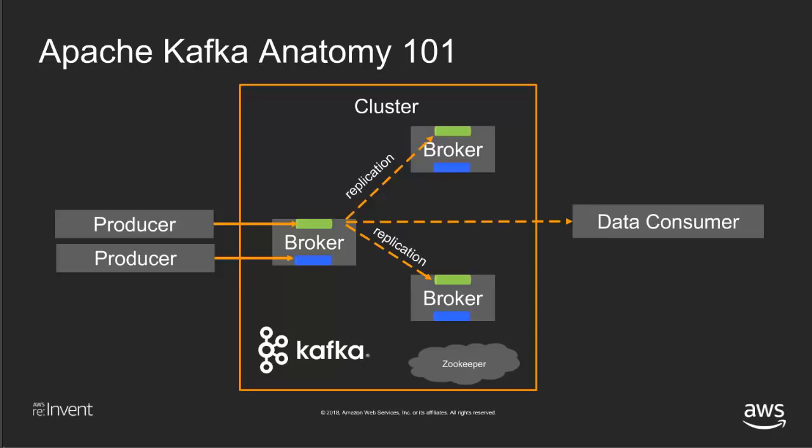Kafka can automatically replicate data between partitions for you. So if you set up your Kafka topic to replicate data between brokers, Kafka will automatically do that by taking data from your partitions and replicating them to other partitions. Apache Kafka uses Apache Zookeeper as a state store for the consumers and the cluster. And that state store is typically run on its own standalone cluster.